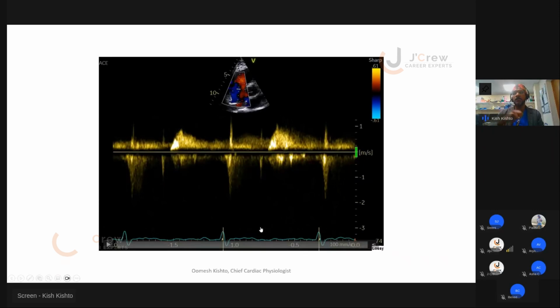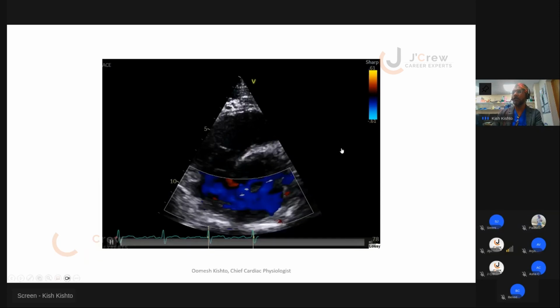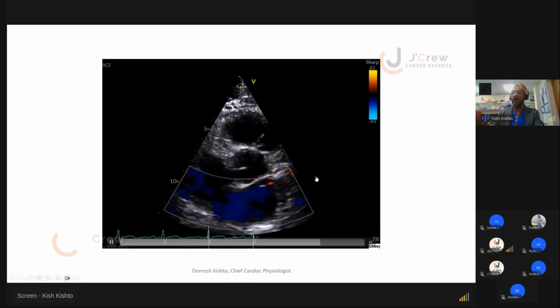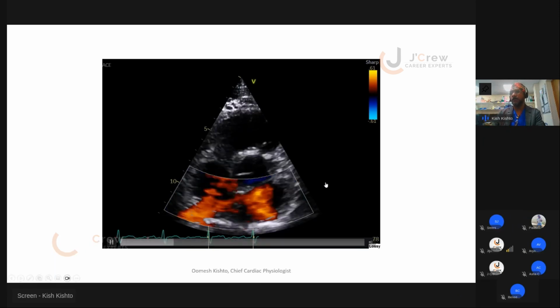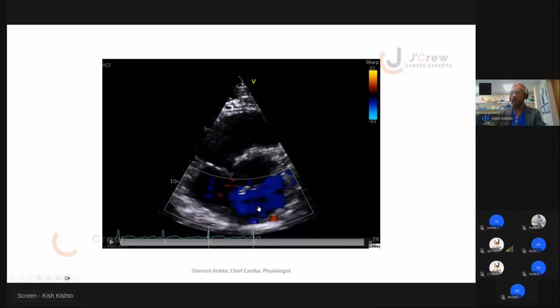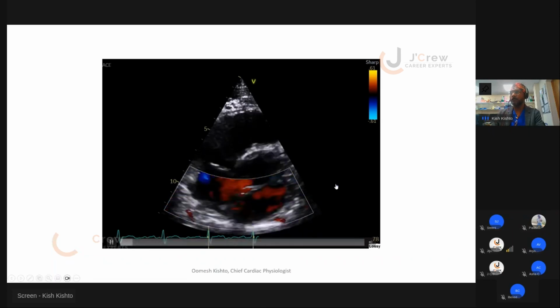The reason I tend to do it in different planes is that it's good practice, and secondly, you may get regurgitation better in one view than the other view. So that's why it's good practice just to try it at least. Mainly if you picked up a bit of MR, whether it's mild or moderate and you're not sure, at least you have a different plane where you can measure it. Just check for the interatrial septum there,